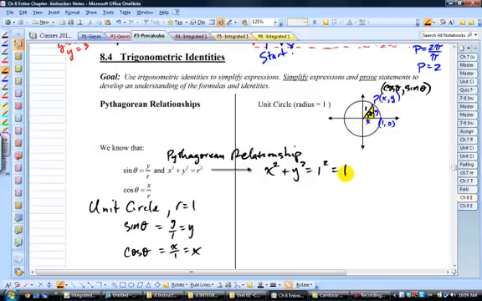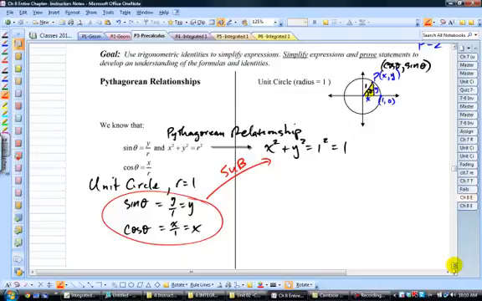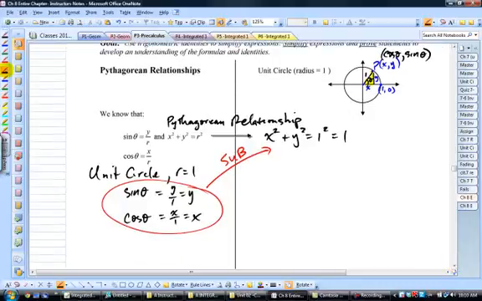Well, given that, what we can do is a little substitution here. We can take what we know about y and x. Y is equal to sine theta, x is equal to cosine theta, and we can substitute them into our Pythagorean relationship and get some unique, what are called Pythagorean identities, which are basically formulas for sine theta and cosine theta. I'm going to substitute cosine theta in for x, and sine theta in for y, and see what happens. So here we go. In for x goes cosine theta. So I get cosine theta squared plus, substituting sine theta for y, sine theta squared